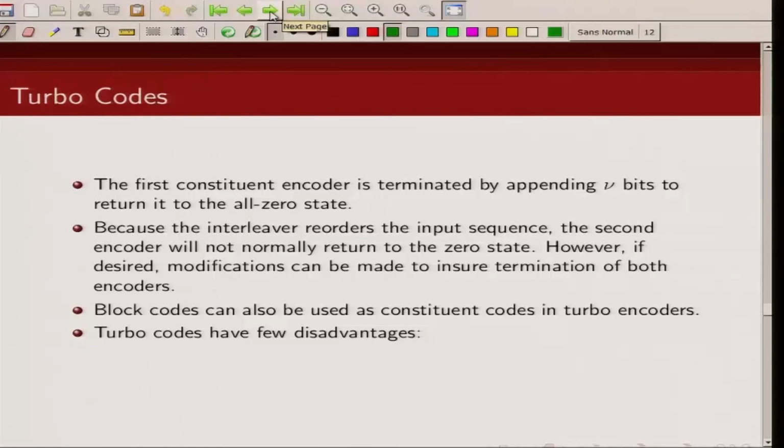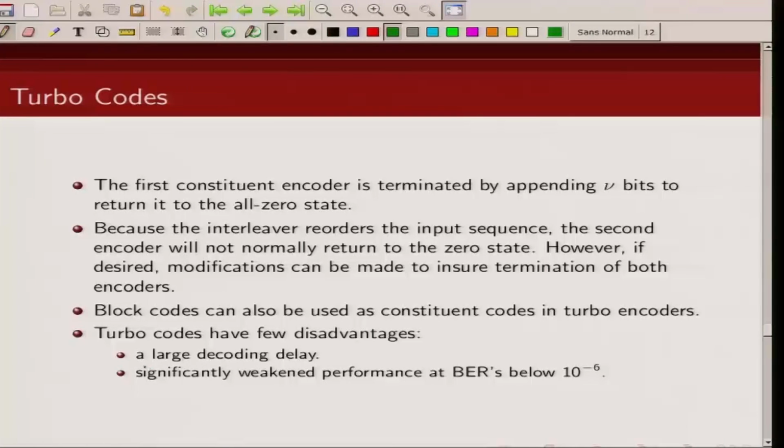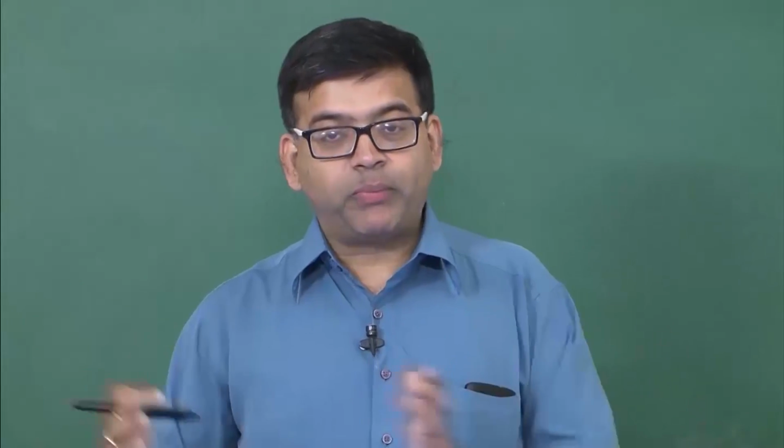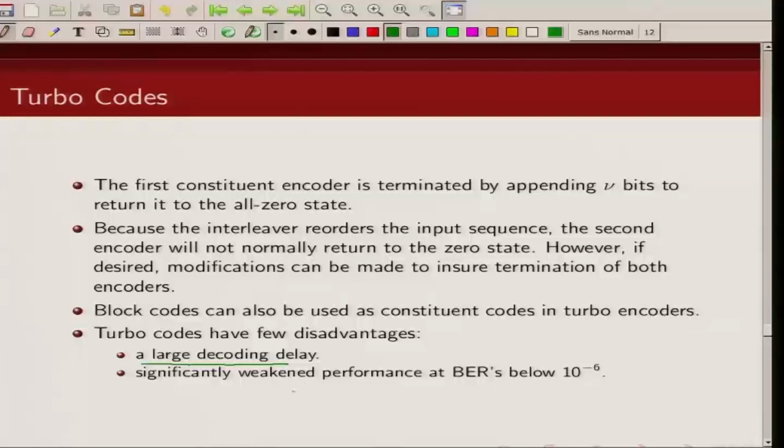Now, there are some disadvantages of turbo codes, though their performance is extremely good. There are some inherent problems with turbo codes. One is that they have a large decoding delay. Typically, the performance is good for large block sizes. So, when you are dealing with large block sizes, there is a lot of delay involved, because you are doing block by block post processing. And second, if you are looking at very low bit error rate performance, as you just saw, because of the error floor, their performance is not very good at very low